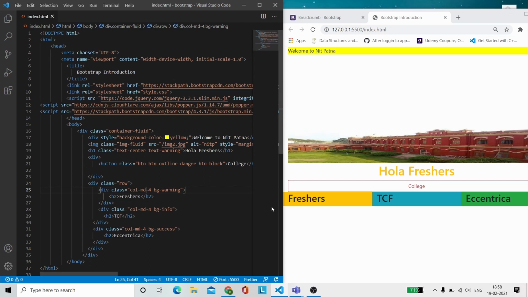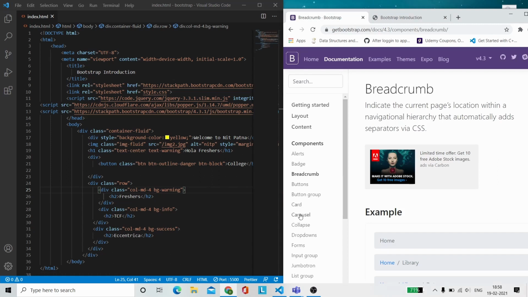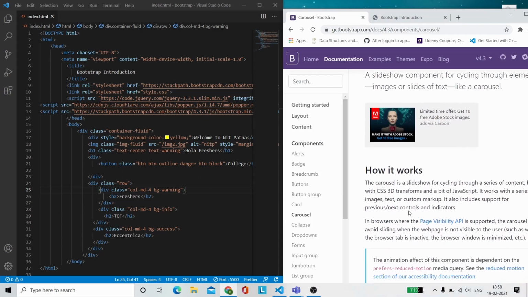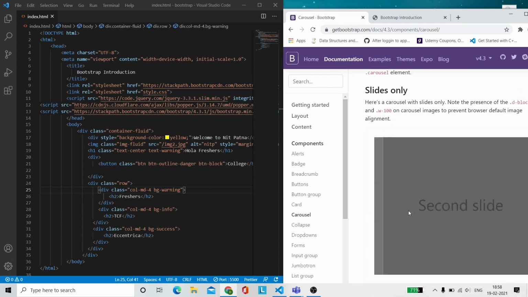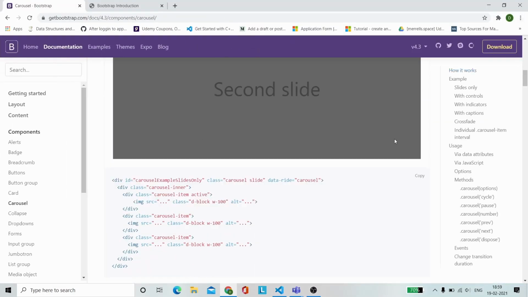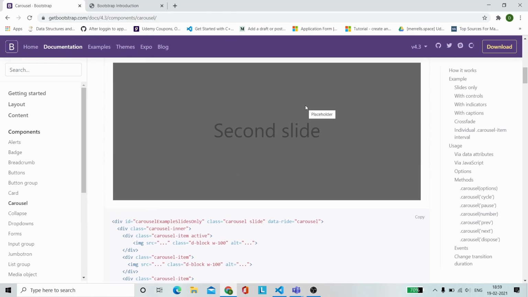Next, if you want to style forms, we can directly use the classes over there. For the different components, for example, if you want to use a carousel, you can see that most websites nowadays have carousels. It is not a big thing to implement. If you just give it a class of carousel slide, it will directly implement the carousel for us. Then by implementing a class of carousel-item active, that will set this particular carousel item as active for us.